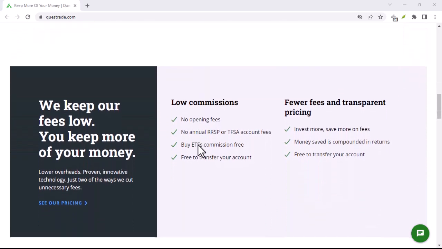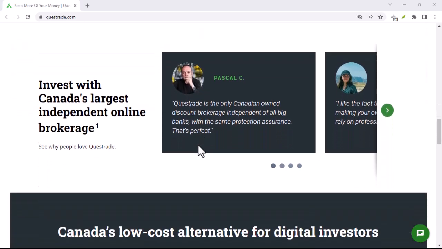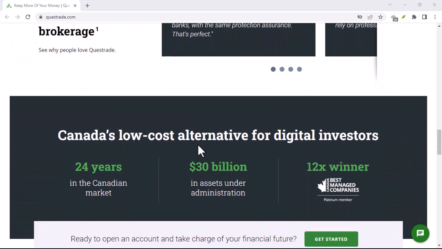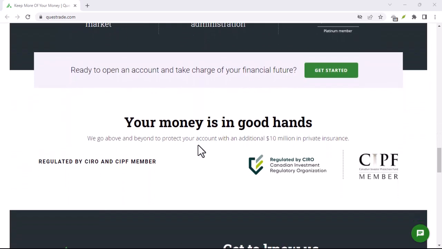Adding Questrade as a payee to your bank account can be a great way to simplify your financial life and automate your investments. By following the steps outlined in this video, you can easily set up recurring payments and start